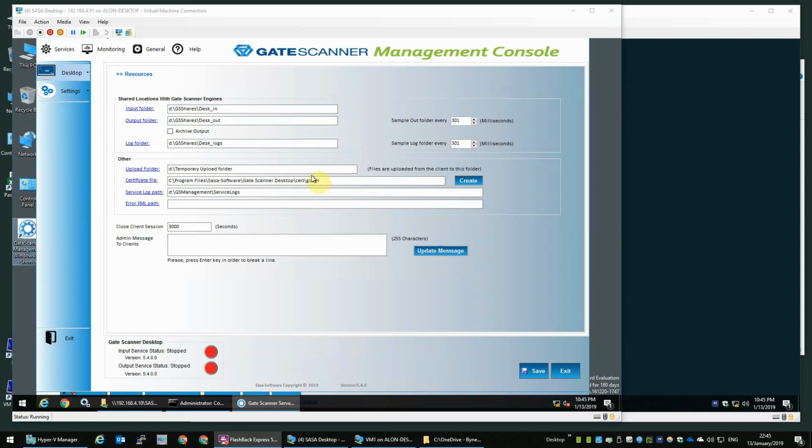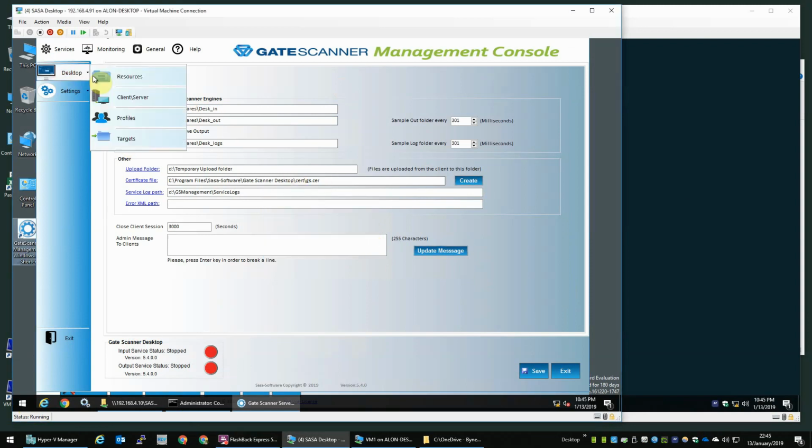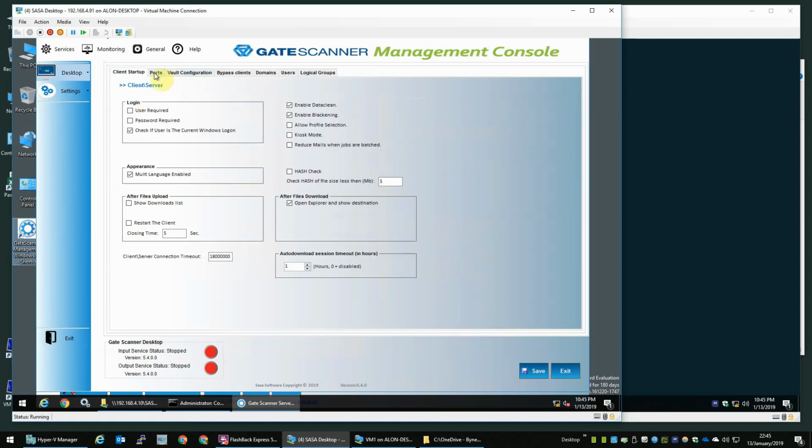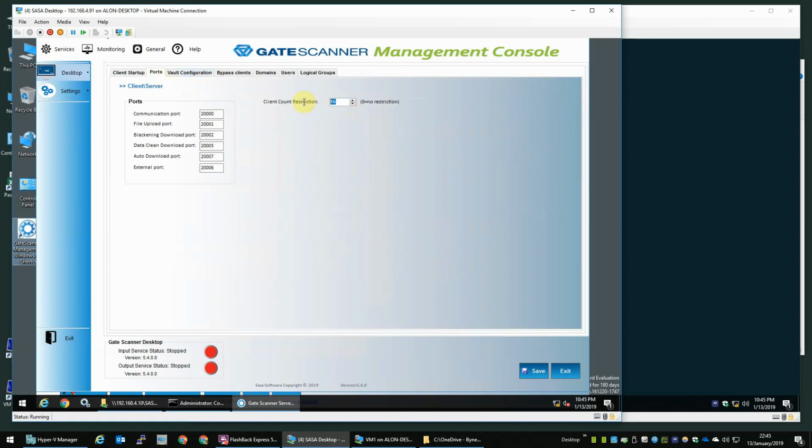Click on desktop, go to the next one, client server. In here, go to ports, and you see this is the limitation of how many, what is the restriction for client count. So I'm going to change it to 0, which stands for no restriction. Hit the save button